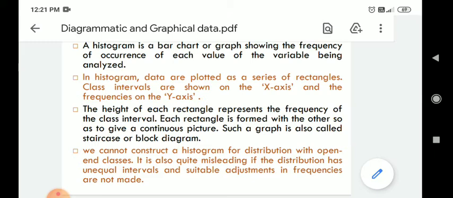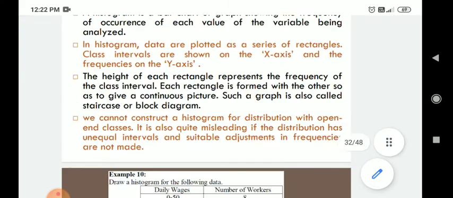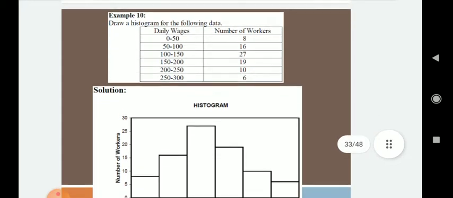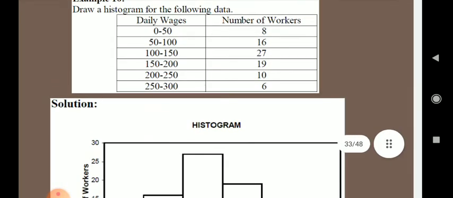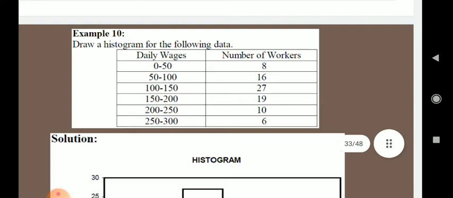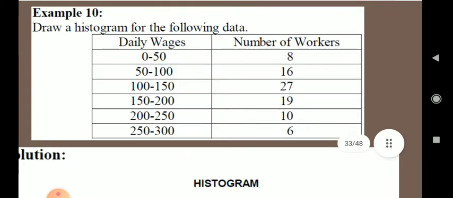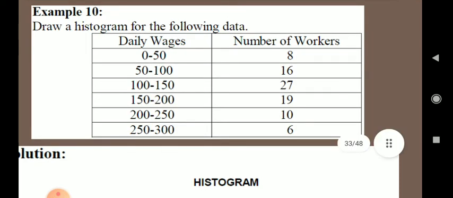Whenever you are drawing a histogram, care should be taken that the width of the class interval, that is, the width of each rectangle, should be the same. If it is not the same, then certain adjustments should be made so that they become the same. Then only you can draw a histogram, which is very easy to use for your analysis. We'll take one problem for this. You can expect one histogram in your examination. This has been asked 2 times in the previous 4 years.